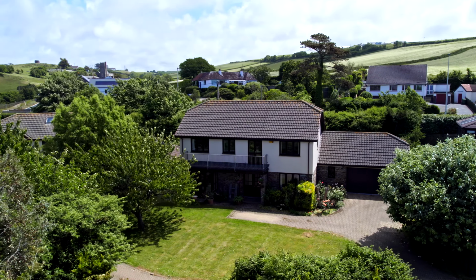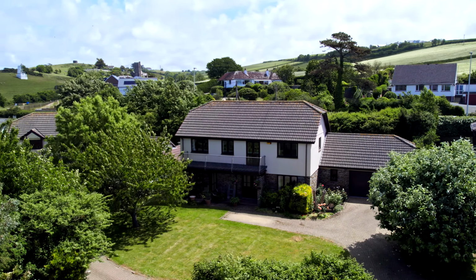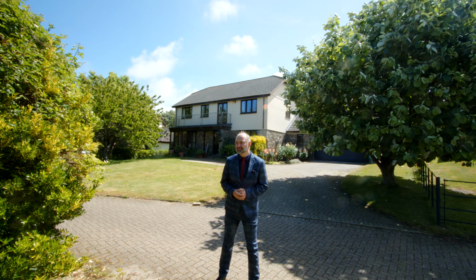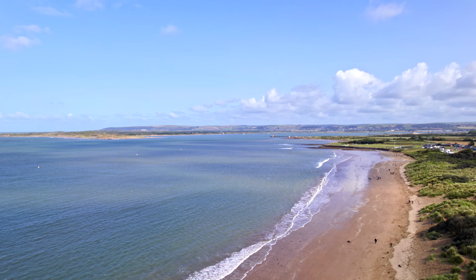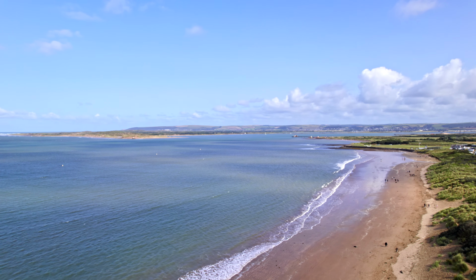So if you are looking for an executive detached home, ideal for families, ideal for maybe a second home as well, being so close to the sea, it is literally across the way there, then give Fine & Country a